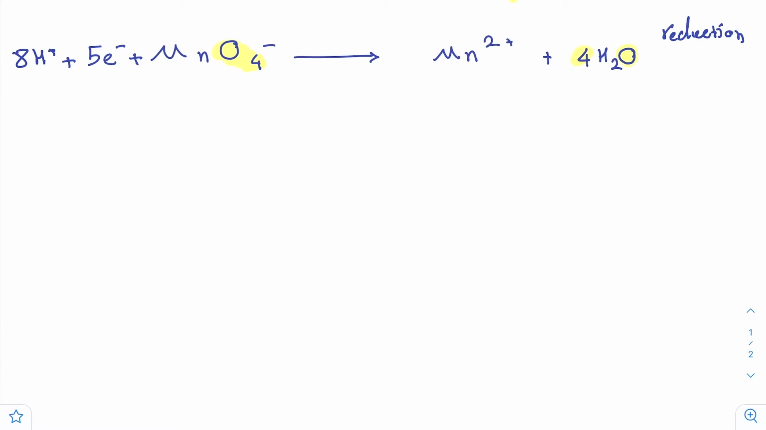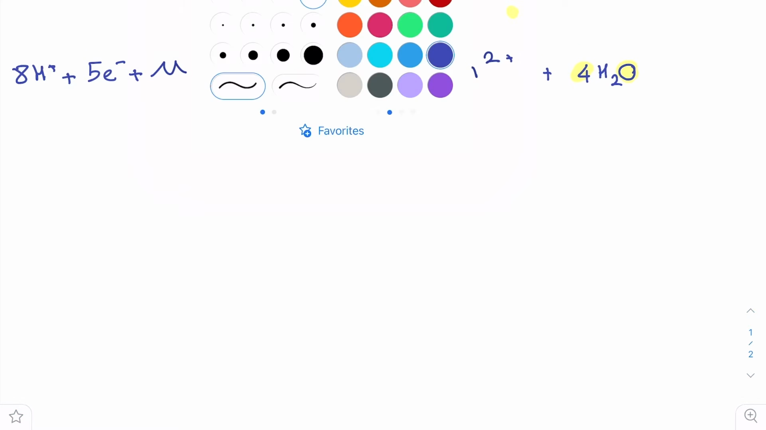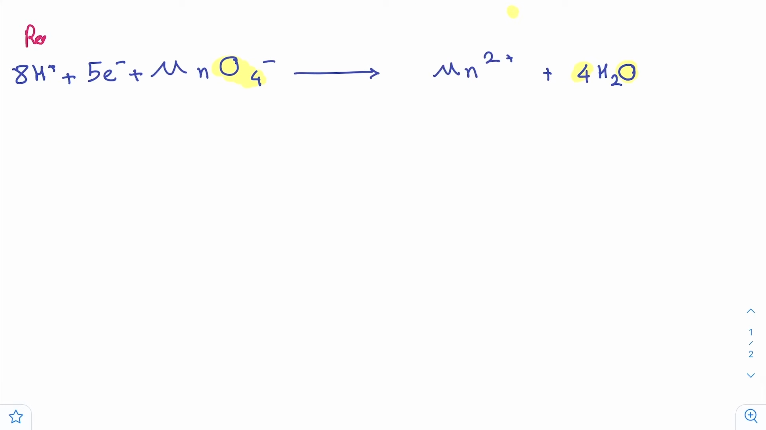So let me write that down up top. So this is my reduction half reaction. So that is easy. Now, as for the oxidation half reaction,